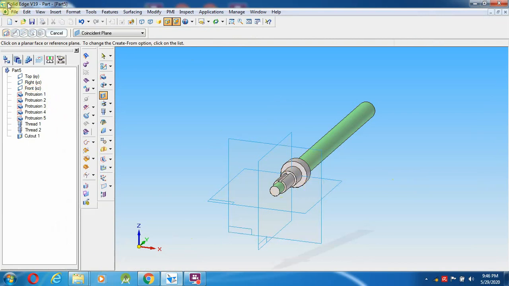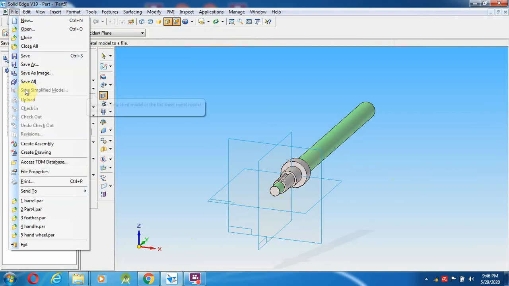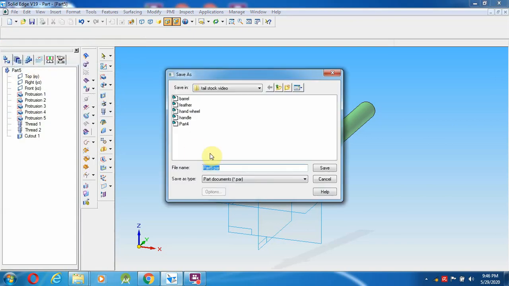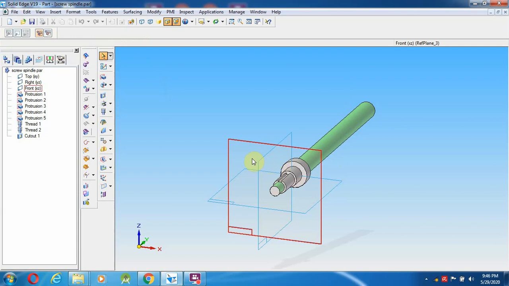This component is called the screw spindle. That is the fourth component, screw spindle. Save.